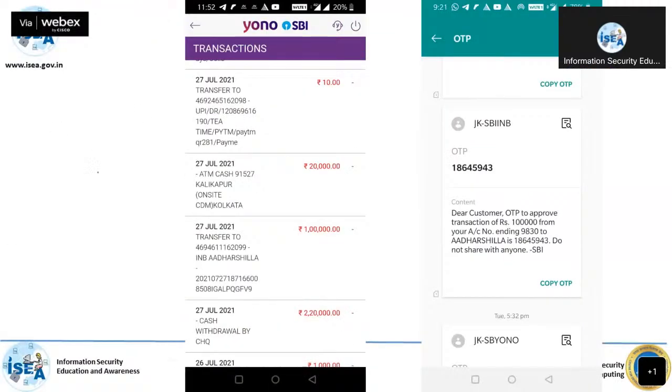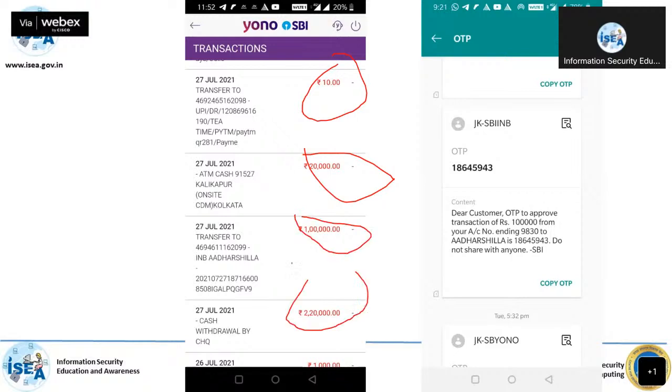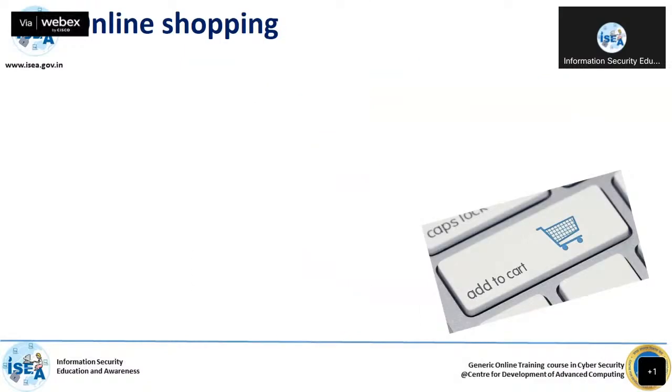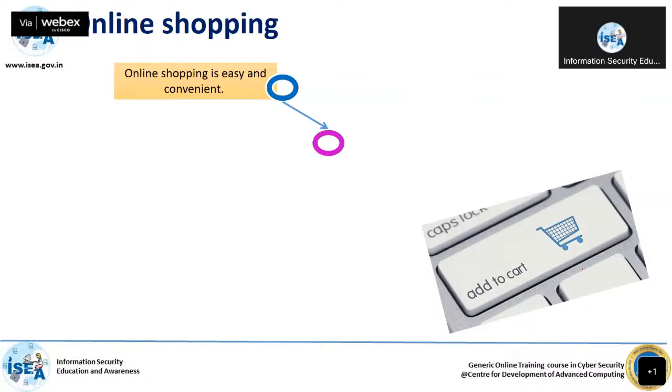One of my friends suffered these losses. They debited his accounts because he responded to that message: "Your OTP approved for transaction of 1,000 from your account ending..." Unfortunately, this guy shared the OTP and lost a lot of money. So whenever you are doing online transactions, you should not share the OTP, and you should differentiate between an OTP being asked for through a mobile number and a genuine one.